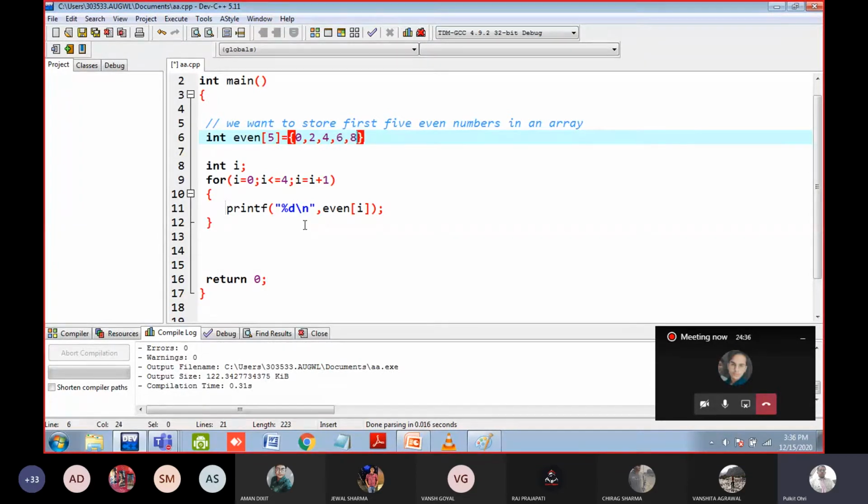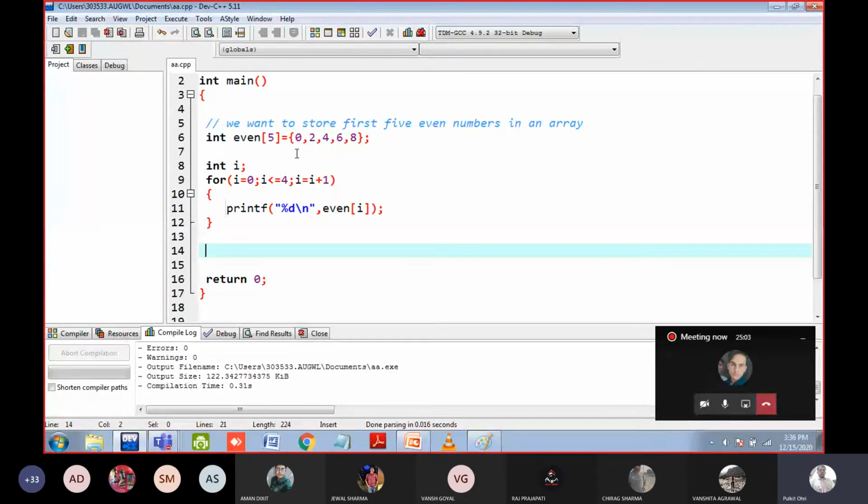Okay, so if you have done this program by using the variables, first you have to write 5 variables, then you have to write the printf statement 5 times. So you have to write 10 statements, but here how many lines have you written? 1, 2, 3, 4, only 4 lines. So an array saves a lot of time. This is how an array works.